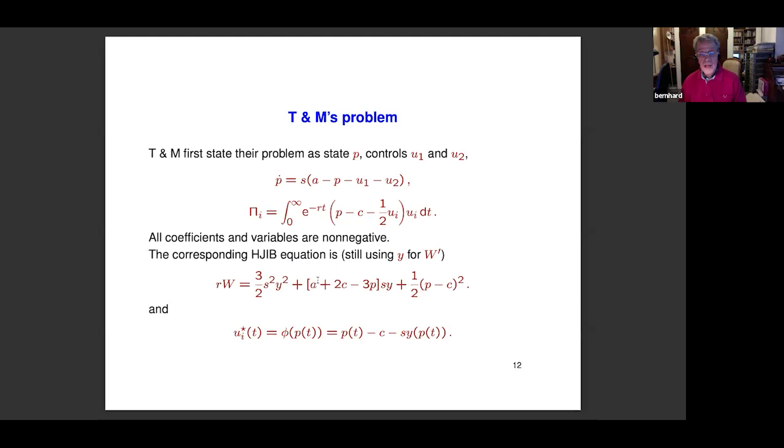Now you take this problem, you write its Hamilton-Jacobi-Isaacs-Bellman equation, you get this, and the optimal control is not quite what I wrote here because it has the constraint that all variables are non-negative, therefore the U should be non-negative, and therefore this is the maximizing control only if phi is positive, and if this formula is negative, then the control is 0.